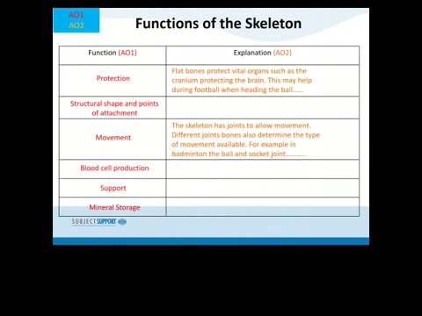For example, the smaller bones of the hand allow fine movements. Whereas the larger bones, or the long bones as opposed to short bones, provide the gross movements that we see when we're running and striking and those different types of sports. So the long bones, which are mainly located in the arms and the legs, provide large amounts of movement,